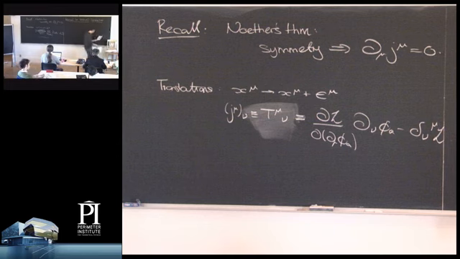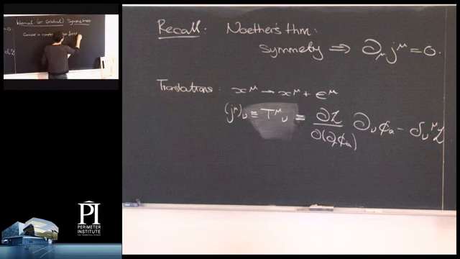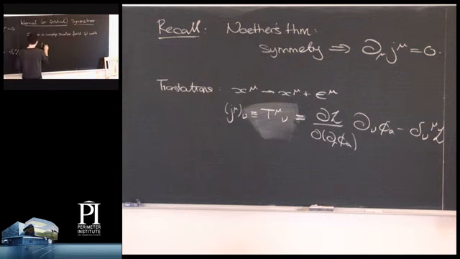OK, good. So I'm just going to give a particular example. Consider a Lagrangian with a complex scalar field. And the Lagrangian is going to take the form